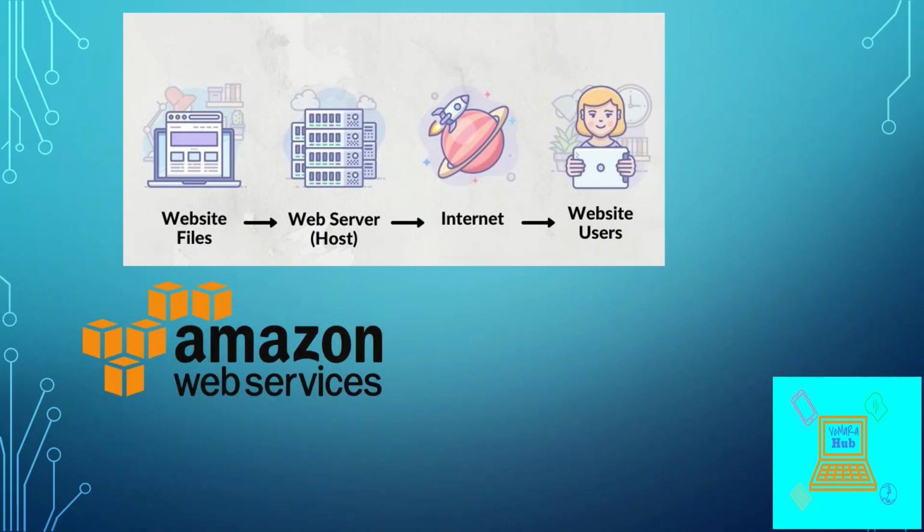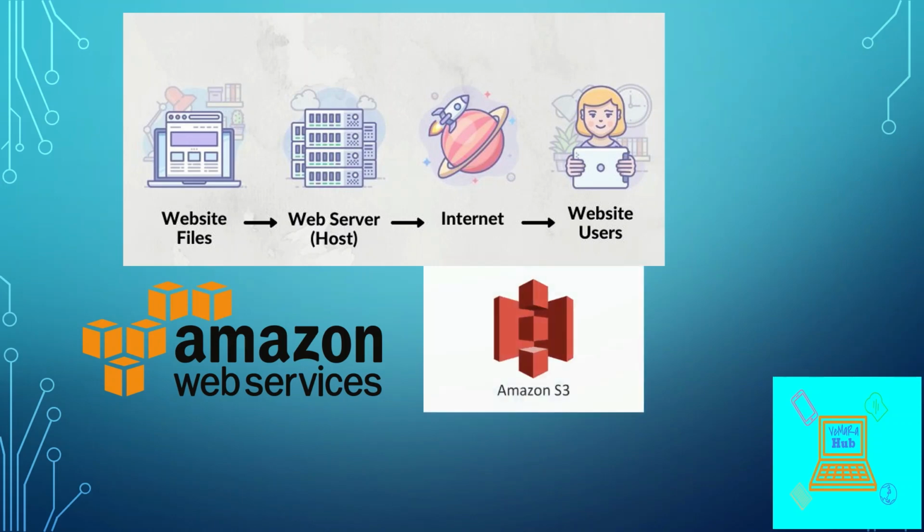Amazon Web Services is a cloud-based solution which provides ample features for various functionalities. But here, we'll just use the Amazon S3 feature. Amazon S3 is a simple storage service which can be used to store and retrieve data globally. You can consider it similar to your Google Drive, where you will store your files and you can retrieve them globally from anywhere. So in this example, we'll just be putting our HTML files into Amazon S3 buckets and exposing them publicly so that they can be used as a website.